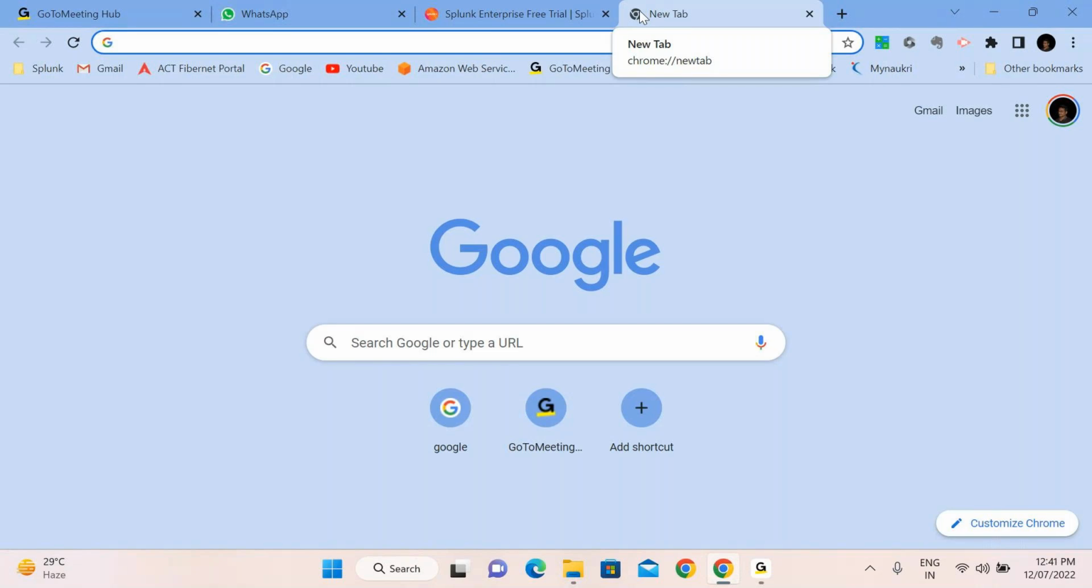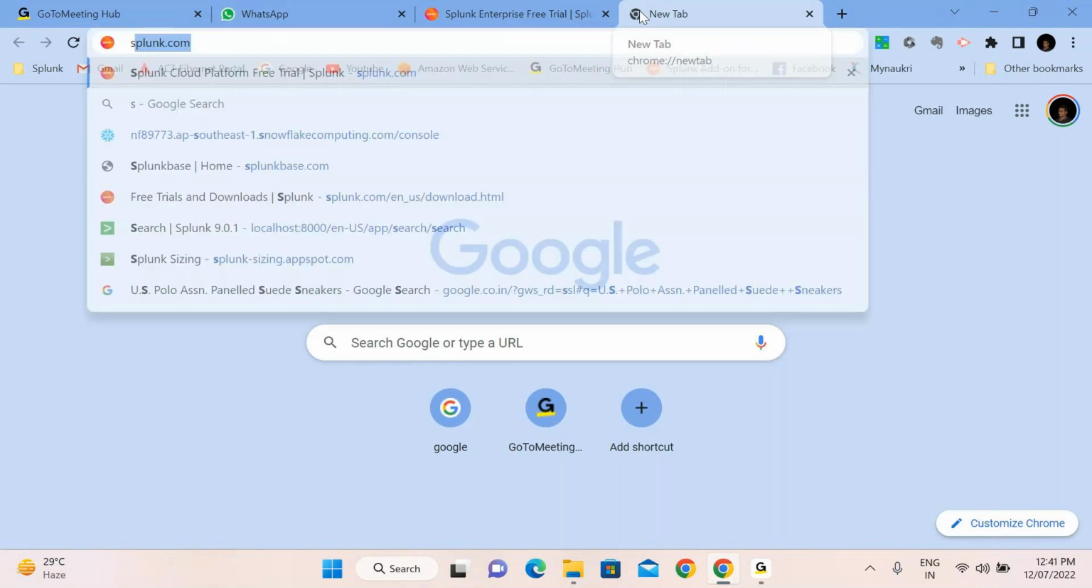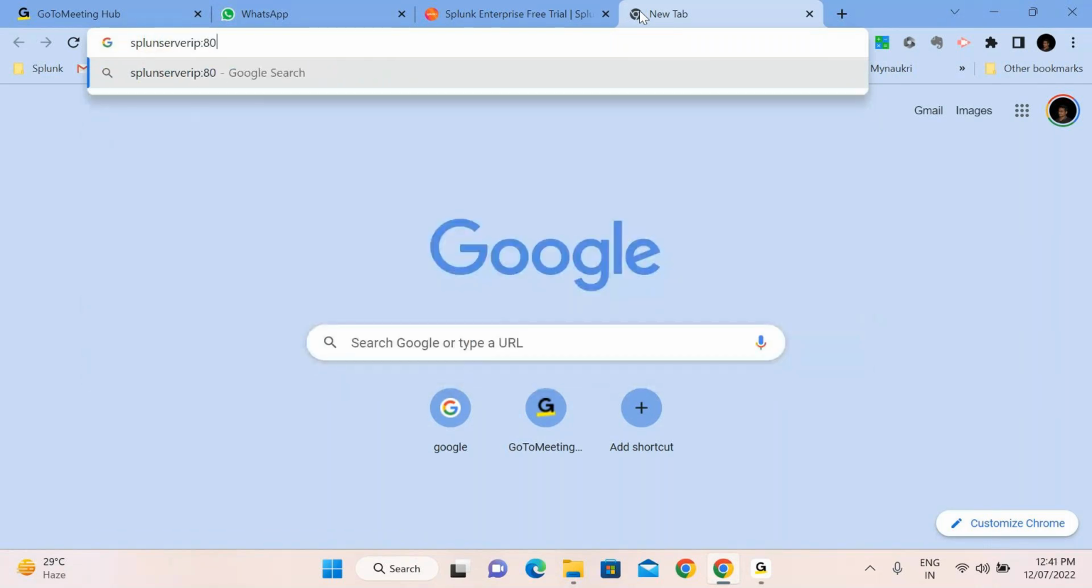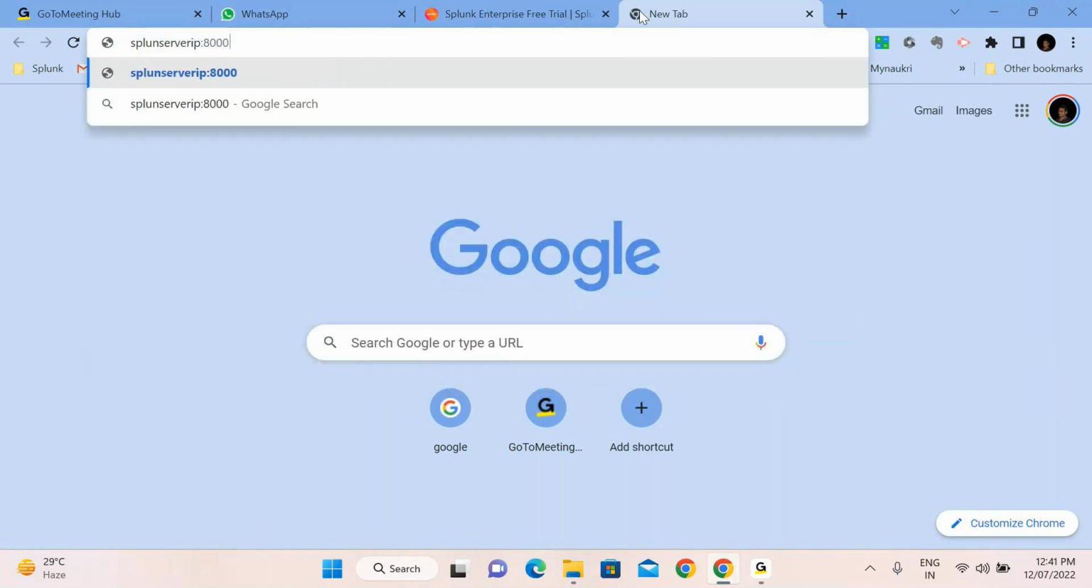The web URL is the server IP address colon Splunk web port, that is, server IP address colon 8000. So 8000 is the web port for first opening Splunk. Why? Because at the time of installation, Splunk is installed on port 8000, the web port. So if you want to open Splunk, you can use the server IP address colon